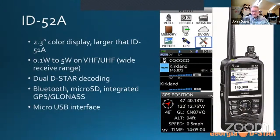Coming soon, the ID-52A. I don't have any idea on when it will be available or the price, but it took the ID-51, which I think is one of the best radios for handheld operation that has been out, and made it better. So dual D-Star decoding. It has the slightly larger but very good color display. Where this works great for D-Star, not only D-Star voice, is the way that you connect to it. Many of us, and you've heard me say this in other seminars, to run DRATs or to do programming of it,